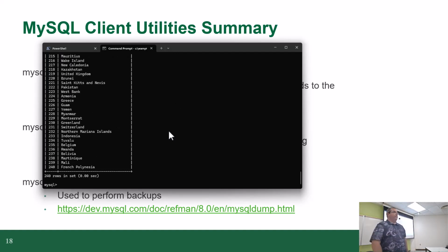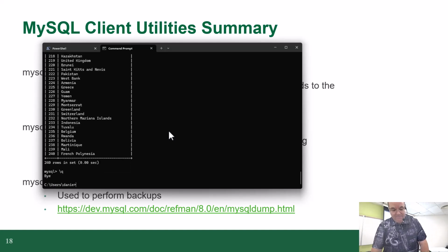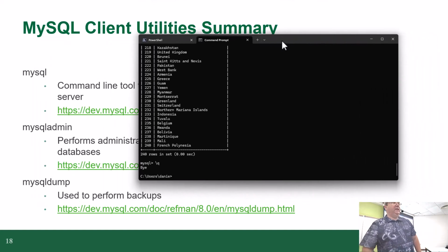There we go. Command line. Same thing you guys were doing in DataGrip, but command line. Old school. Okay. The other tool is mysqladmin. And mysqladmin lets you create new databases or delete databases. So again, if I go this path and I go mysqladmin,